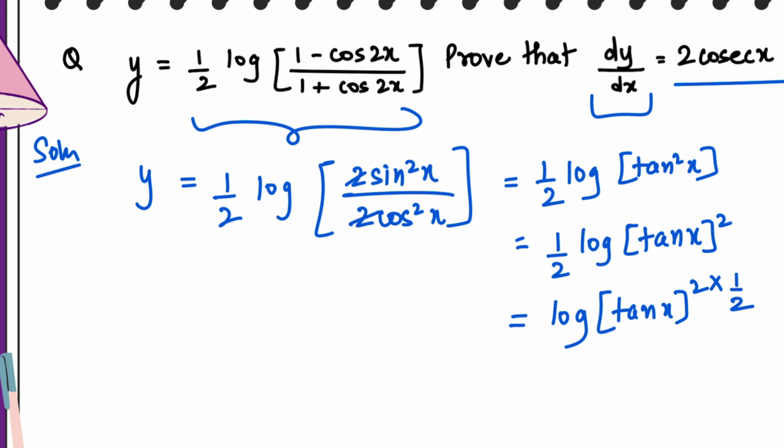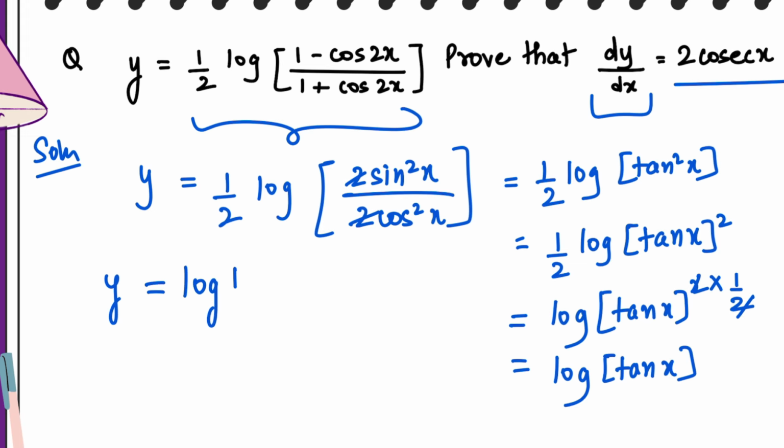I'll take this here, 2 and 2 gets cancelled, we'll be left with log tan x. Now this is y equal to log tan x. See how it is simplified. Now we'll differentiate it with respect to x. So dy by dx is equal to,